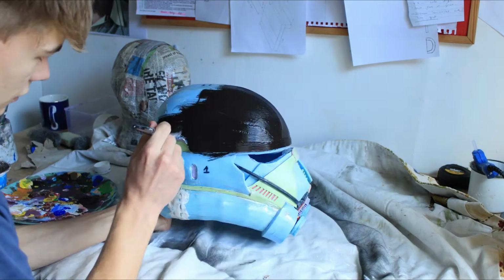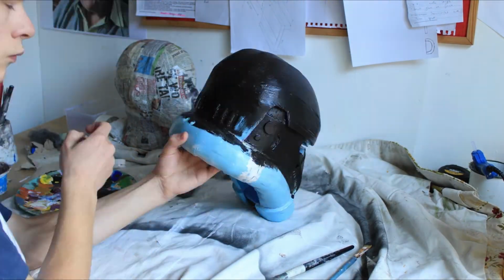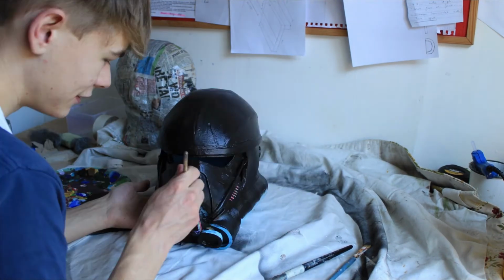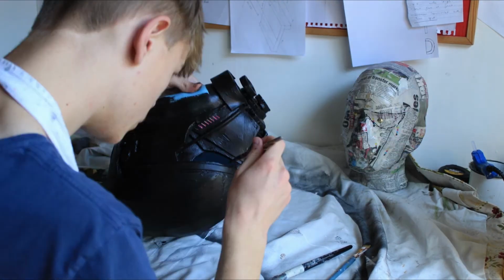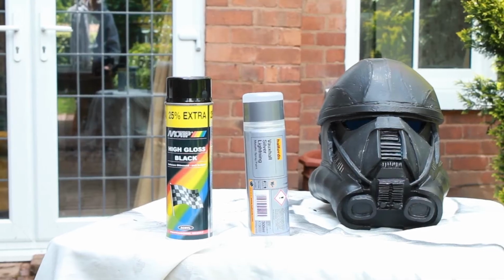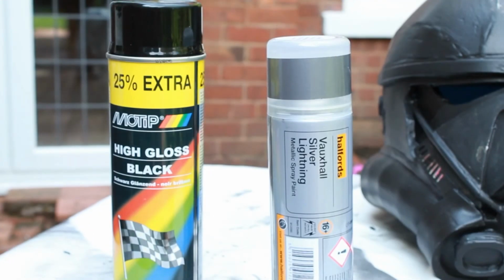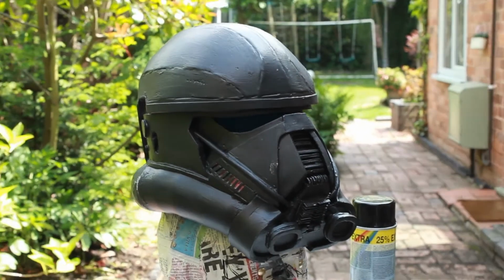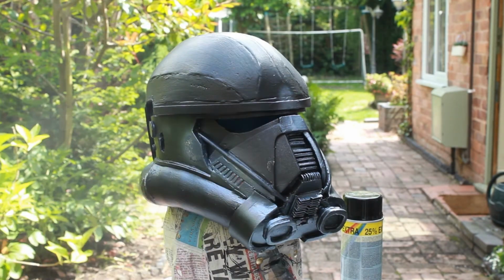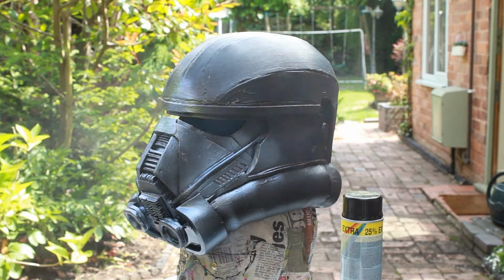So the way I went about my painting is added on a quick layer of black acrylic paint to act as my prime layer and my base coat before I start spray painting. Once my acrylic paint was dry, I gave that a sanding down to make it smooth, and then after I did that I went in at the front with a silver spray paint to get the metallic effect at the front. I then went back to my desk, masked all the silver paint areas off, and then I could begin